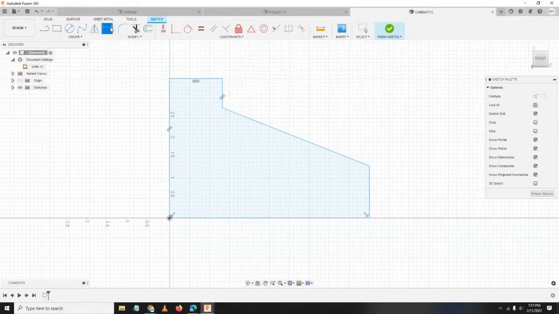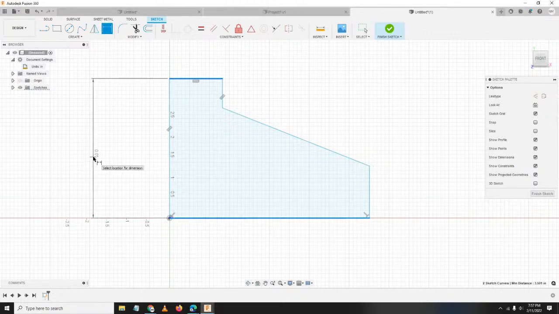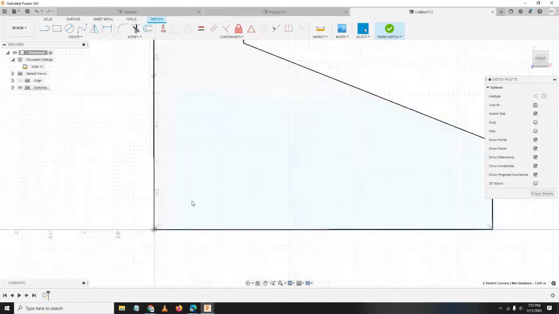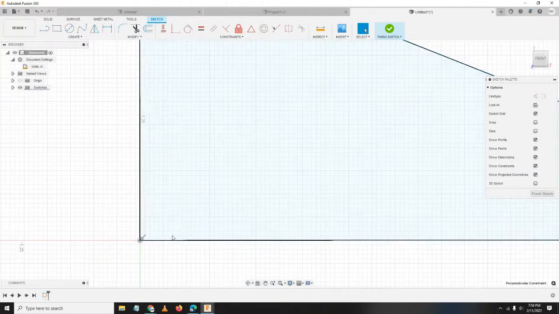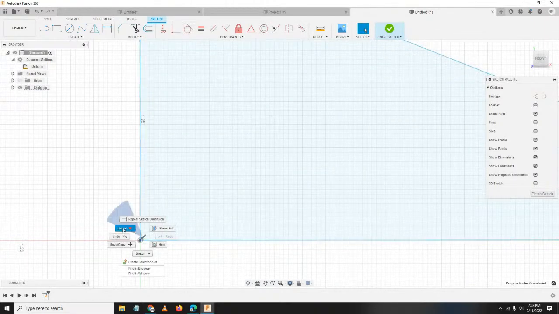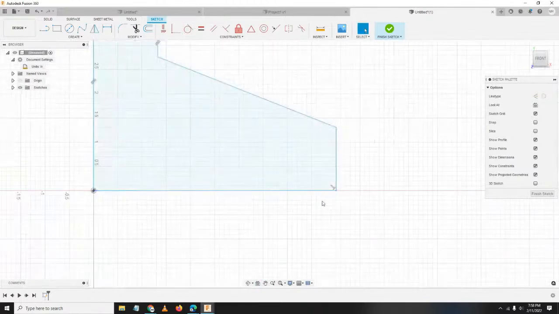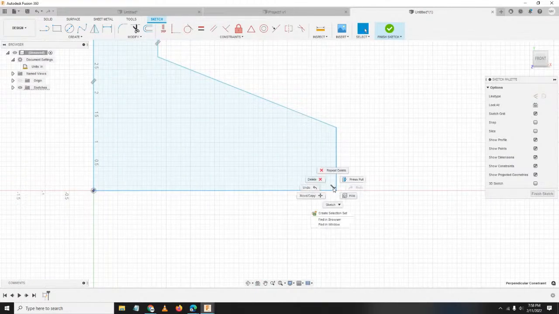And sketch dimension, selecting this line and this line. So, naka-degrees na naman siya kasi ito ay perpendicular. So, let's hit escape. Remove natin tong constraints na to. Right-click, delete. Or you can press the delete key on your keyboard.